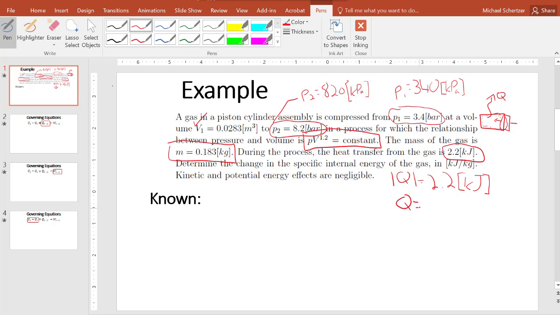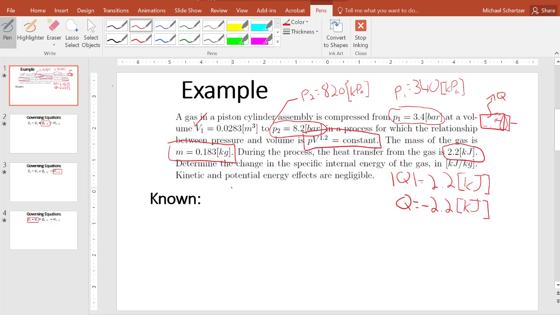So if you ever go work at a co-op job or something, or you're an engineer after you've graduated, no one that you talk to is going to say, oh, this process has negative 2.2 kilojoules of heat. Right? You're going to have to think about how that sign works. So here, I think we've got all of the known information,